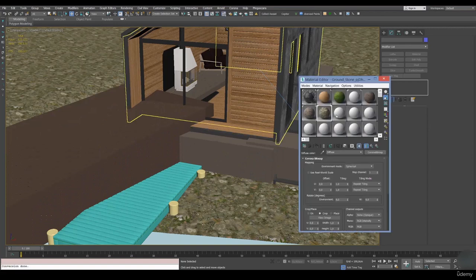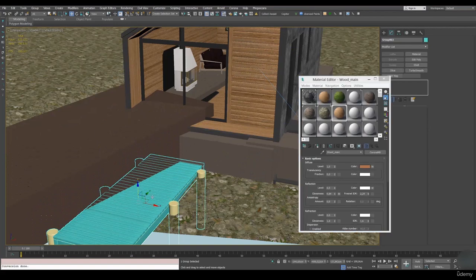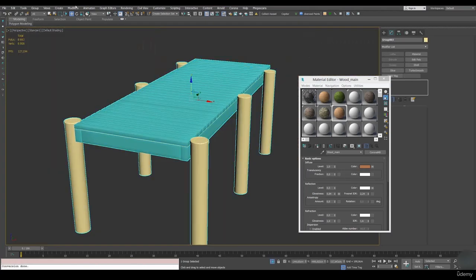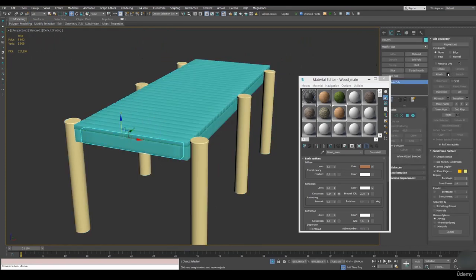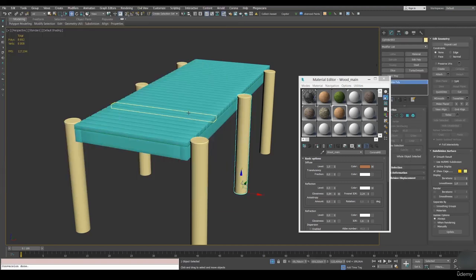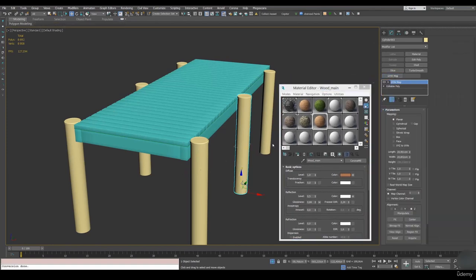We already have the wood material on the house. So let me attach the dock and assign this material. Like everywhere. Although no, we'll assign mapping to all these elements in order not to bother with them later. I'll do the cylindrical mapping, cup,